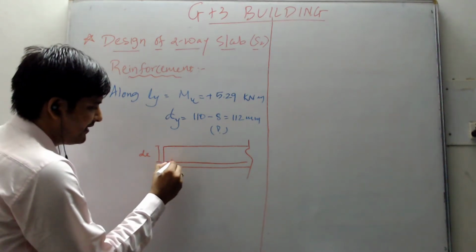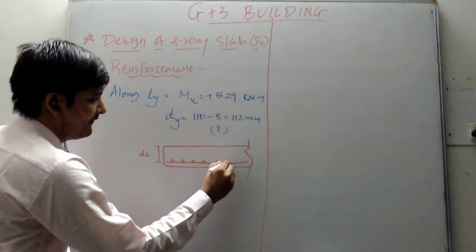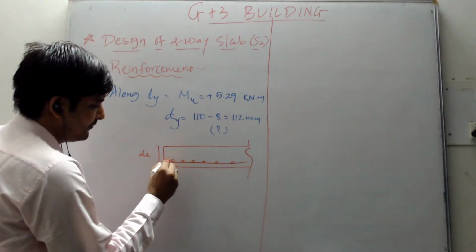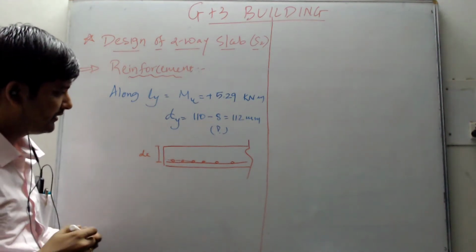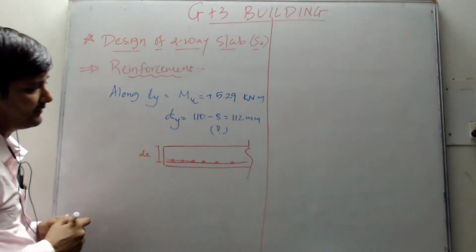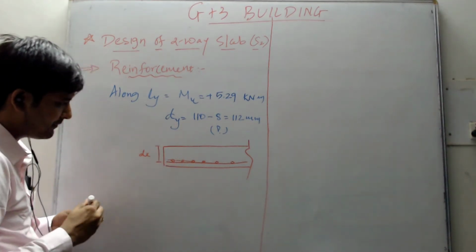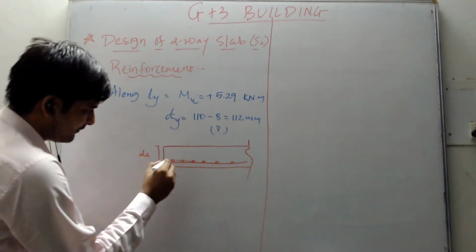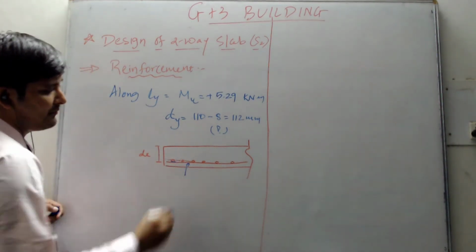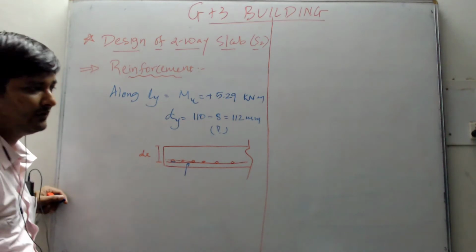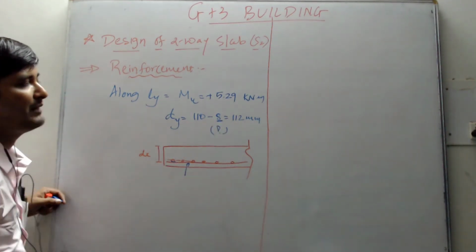bars will look like this in this section. So now the effective depth is coming up to the bottom of these bars, not the center, up to the bottom of these bars, right? Up to the bottom of these bars is my effective depth. So I need to deduct this bar diameter from the effective depth to get to the bottom of those bars. So that is why I have reduced 8 mm from here, right?